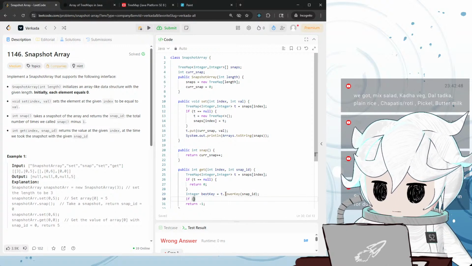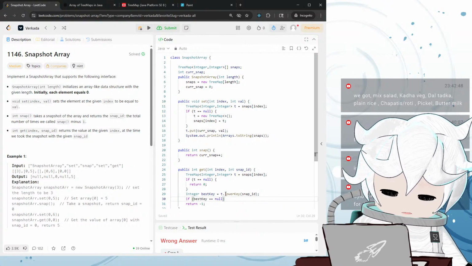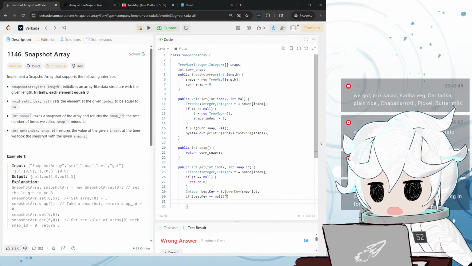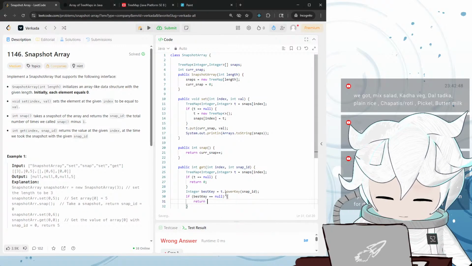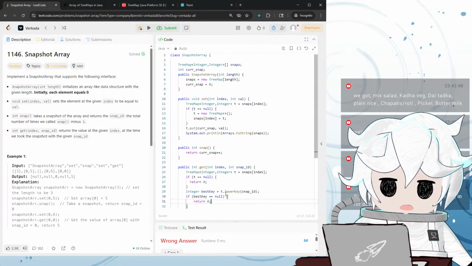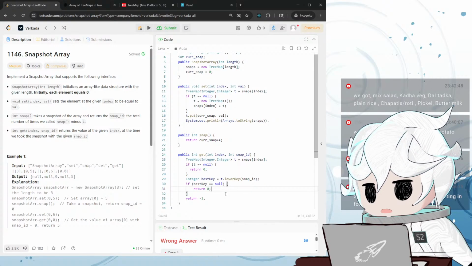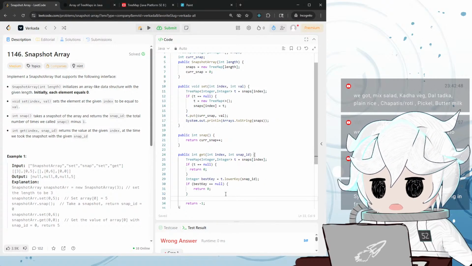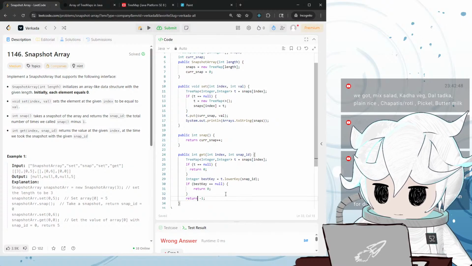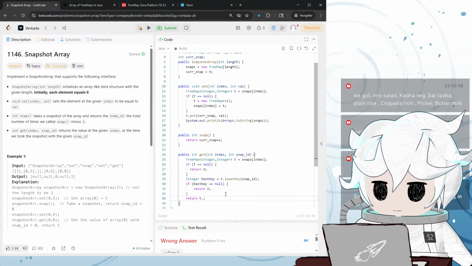So if the best key is equal to null, meaning we don't have a specific snap for that, we return 0, meaning there's no snaps below it, right? So we return the default value, and else you return an actual fetch from the tree map. So t dot get